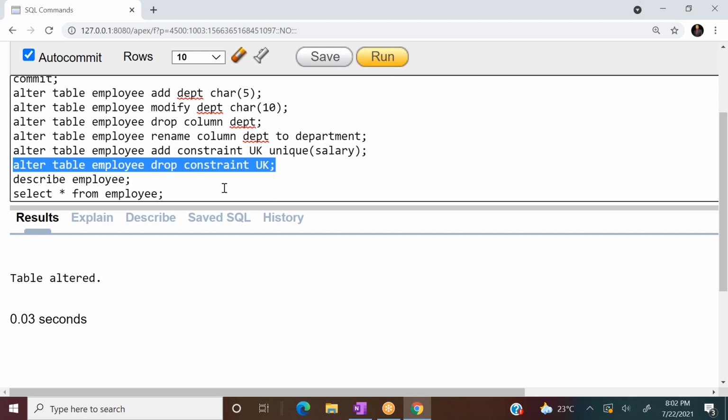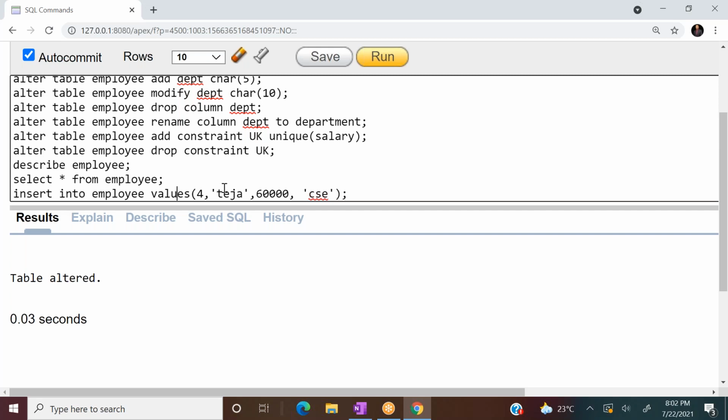Because the unique constraint is dropped, just check it out. I wanted to insert one more employee with number 6, and name of the employee is Akhil, and salary 60,000.